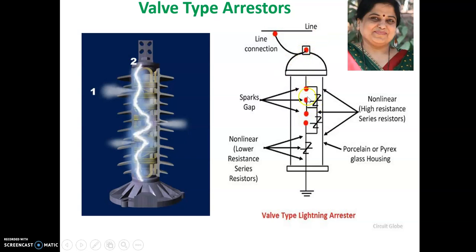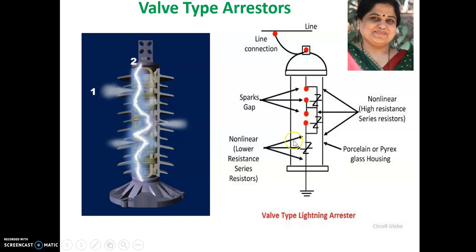If you keep a larger distance, then the lightning arrestor cannot operate at an overvoltage which is less. So that care is to be taken, and therefore you can see that some current may flow through this gap even during normal operating condition, and I already told you that is called leakage current. So leakage current will be high, and that is also power loss, because during normal operating condition some current, might be microamperes, is flowing, but that is power loss, so that is not desirable. So the number of gaps will be increased. We have seen in the multiple gap arrestor, a number of gaps are connected, and through some part of the gap a high resistance is shunted to control the current. So that also we have seen.